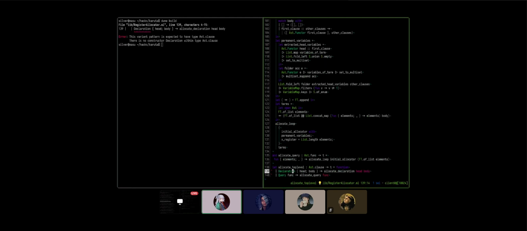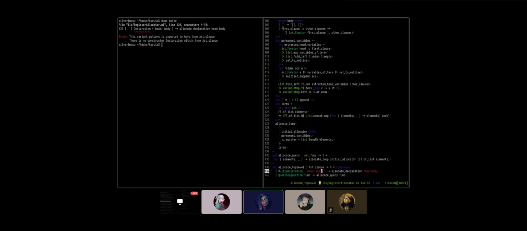139. Allocate top level. It's because there's no declaration there anymore. We need to do the pattern matching on multi-declaration and query conjunction. Oh, this is easy. Yes. This one though is, oof. Okay, I see the problem. But I also think I know the solution.